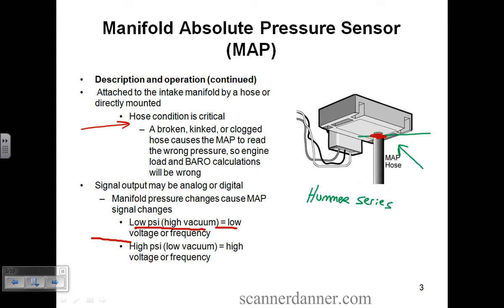Will we see MAP sensors on mass airflow systems? Yes. But is the MAP sensor the same big time player on that system? The answer is no. The mass airflow is. The MAP sensor on those systems is primarily used for backup and for EGR flow monitoring. You'll still see them. So testing this, guys,